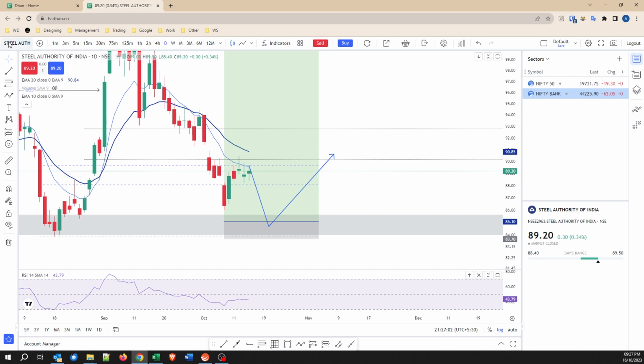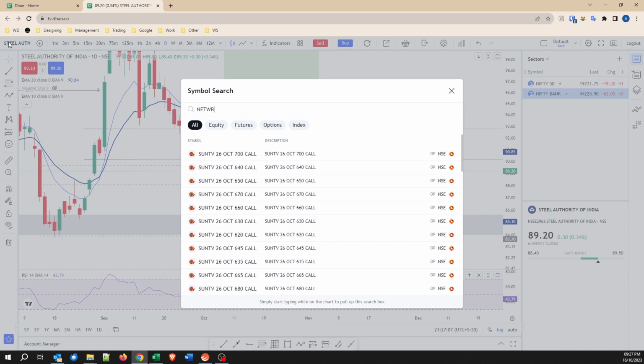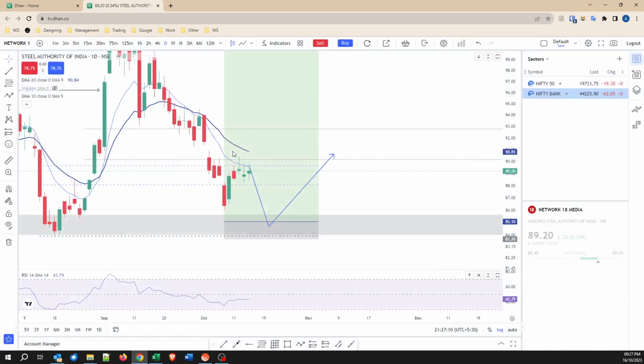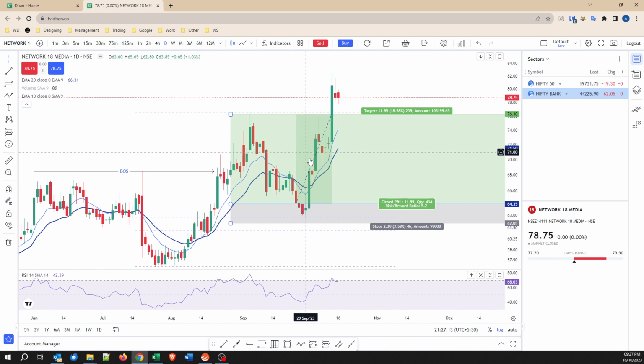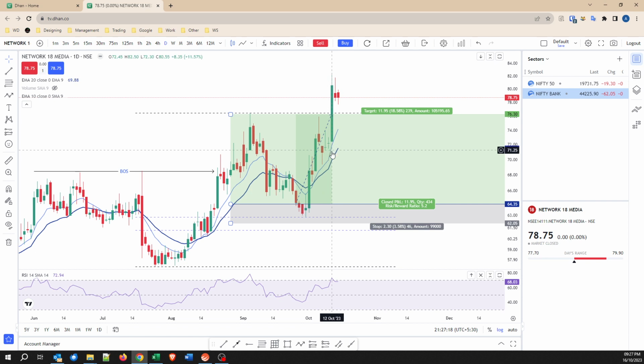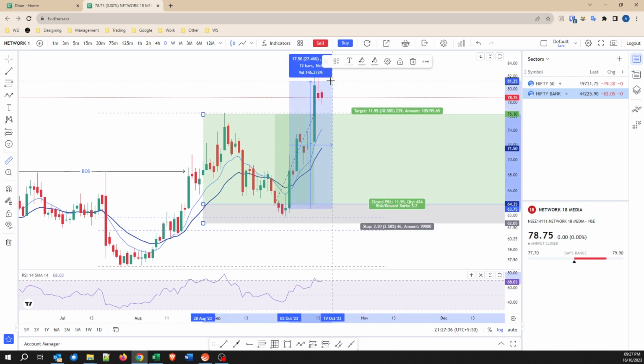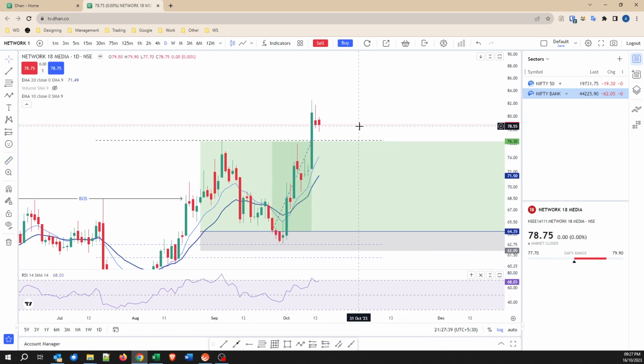But actually, it is possible, because I'm in a trade now. It is Network 18 Media. So I'm already in this trade now. You can see that my target was here, but I have not taken a profit, because when I saw this candle here, when I took this, and in my Telegram channel I had posted this to the private Telegram channel. I took the entry here on, I don't know when was it, 26 September, and within the next 3 days it gave an amazing move of 28%.